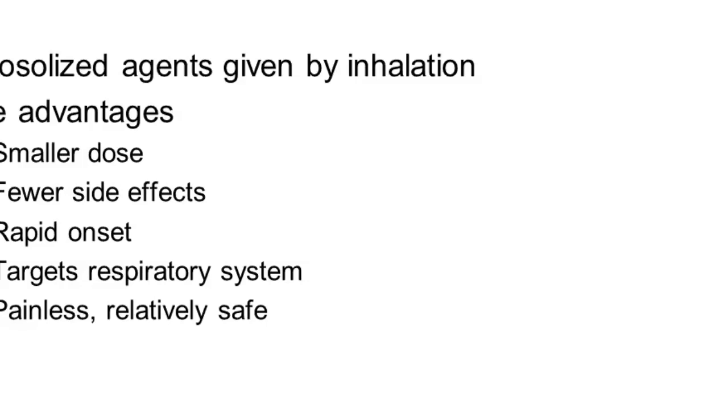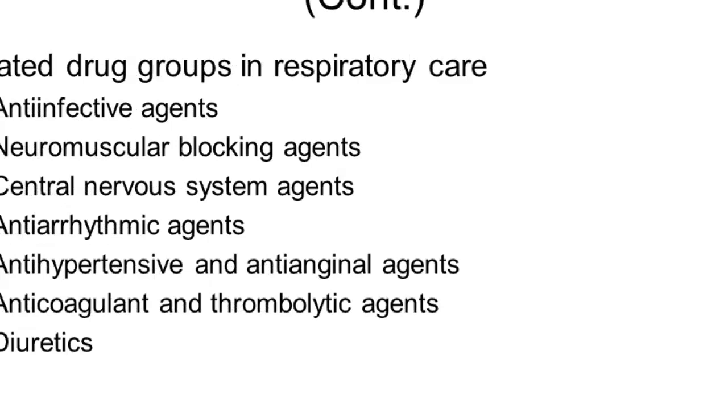related drug groups in respiratory care, most of which we'll cover in subsequent lectures. They include anti-infective agents such as tobramycin for Pseudomonas infections and cystic fibrosis or bronchiectasis, neuromuscular blocking agents, which are commonly used in rapid sequence intubations such as succinylcholine, central nervous system agents that we often see in the ICU